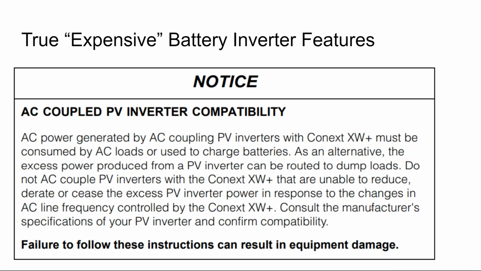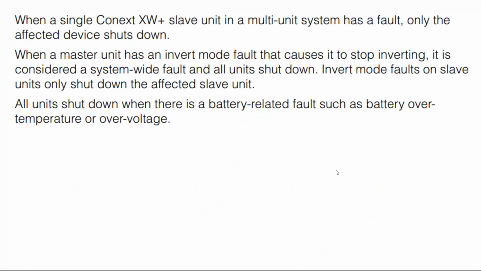This is a warning that says this is a battery inverter, and it says don't add our battery inverter to a solar array that doesn't have batteries unless that solar array is able to stop production if the battery bank is full. Now, actually, what the battery inverters do, the higher end ones, is they will shift the frequency of their electrical output and trick the grid-tied inverters into turning off.